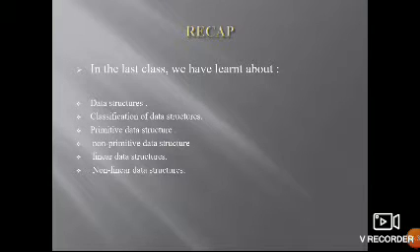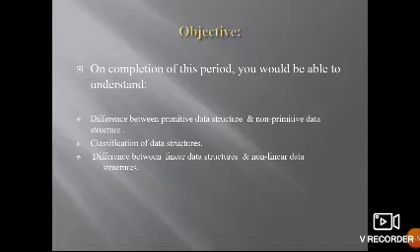Coming to non-linear data structures, again divided into two types, trees and graphs, which are not arranged in a sequential manner, that is non-linear. Those arranged sequentially are the linked list, stacks, and queues. So these are the examples that can be given. This is what we discussed in the last class.